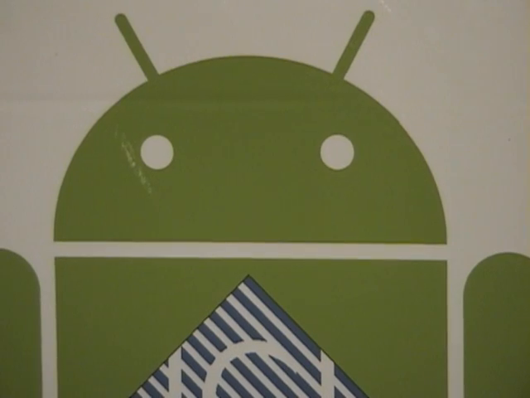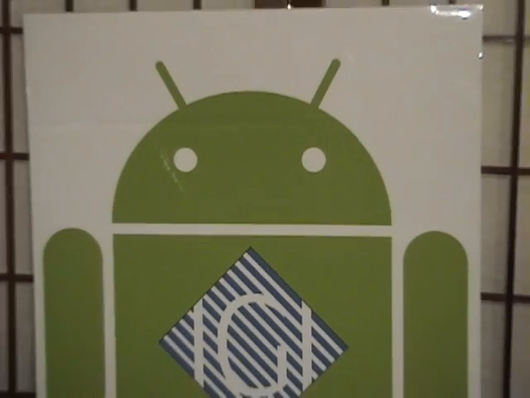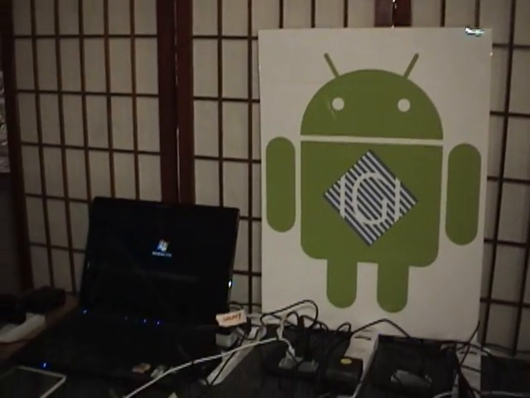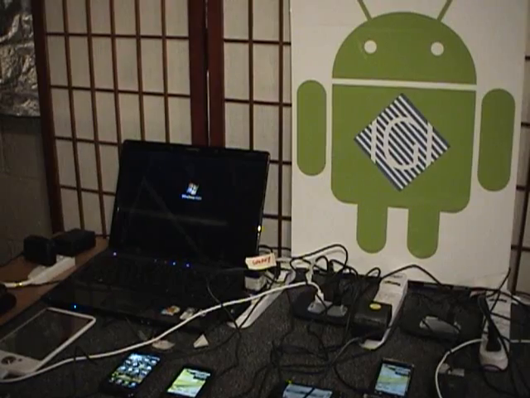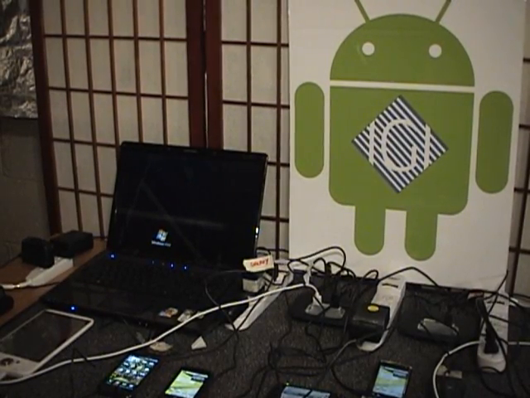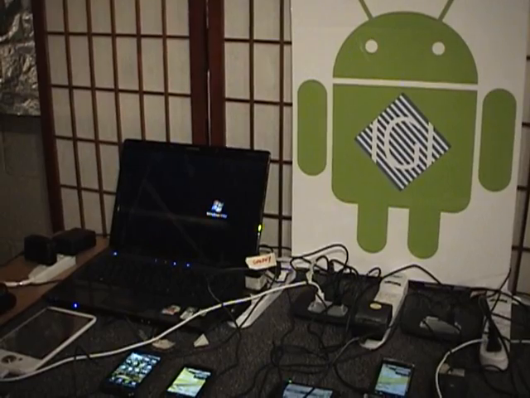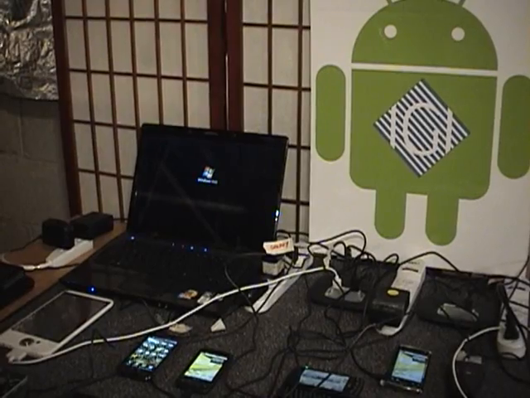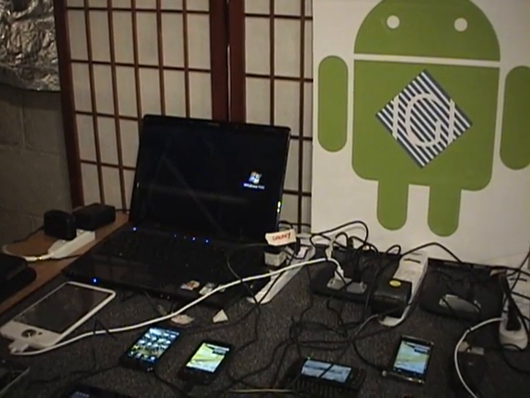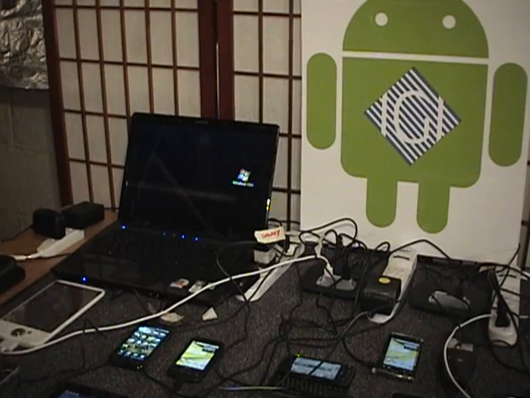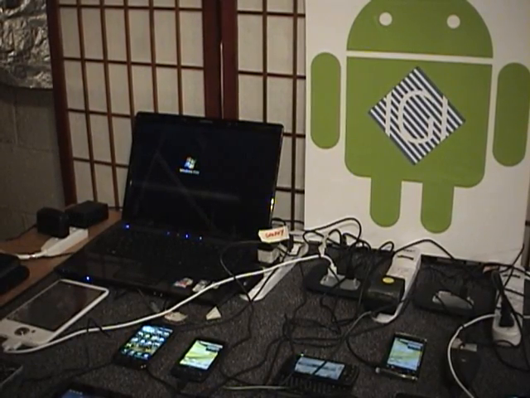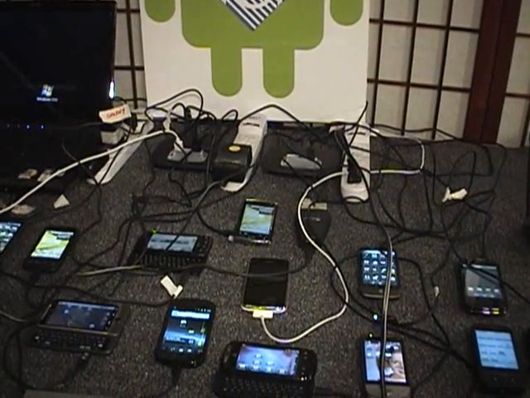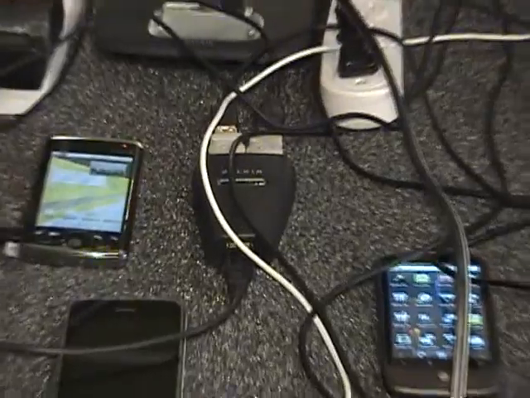This is one of several tables, and I'll back the camera out a little bit. Excuse my amateur photography talents. But you'll see a PC in the corner. That PC is connected to the internet. It has a peer-to-peer application on it that is Apps4Android proprietary that lets our developers connect to that PC. From there, that PC connects to a device that I'll close in on here that enables